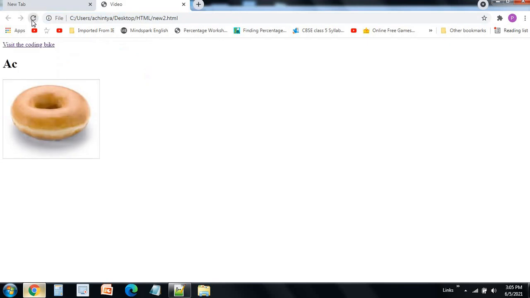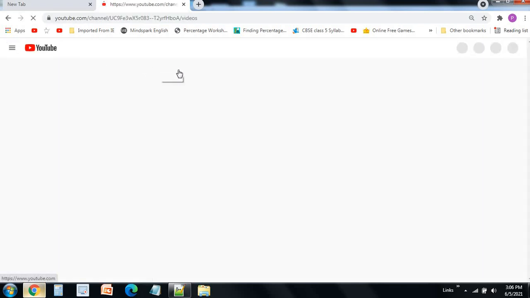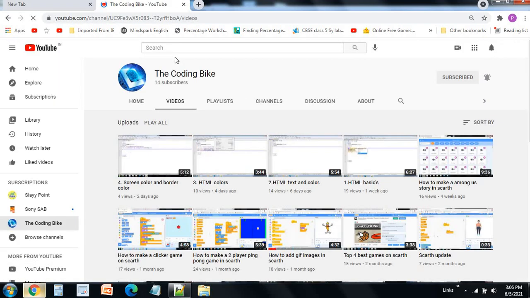Now just refresh, and you can see that on "visit the coding bike" the hand arrow appears when you click on it, whereas when I go on the header, this option comes to select the header. So let me click on it and you can see I'll be redirected to my channel.